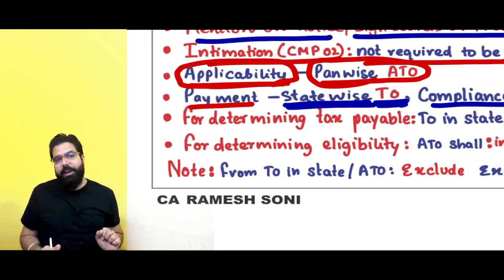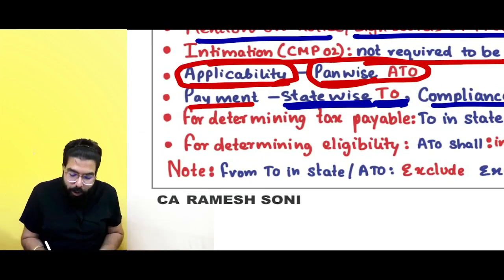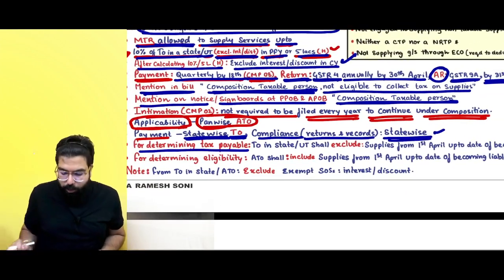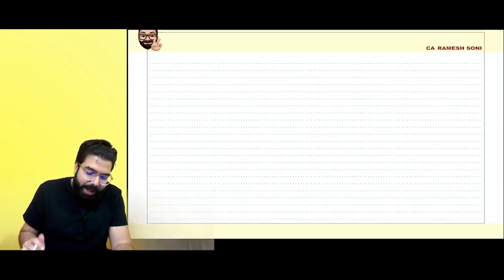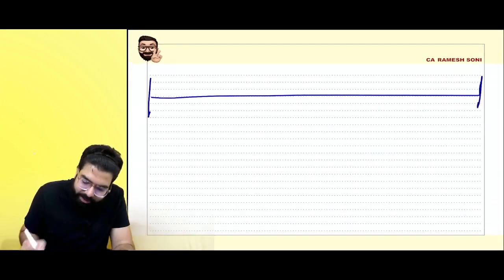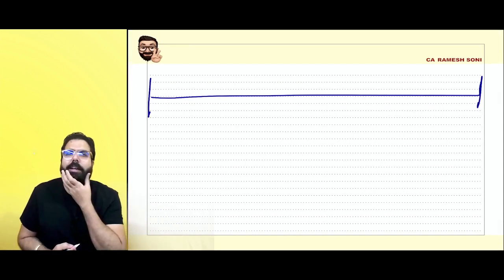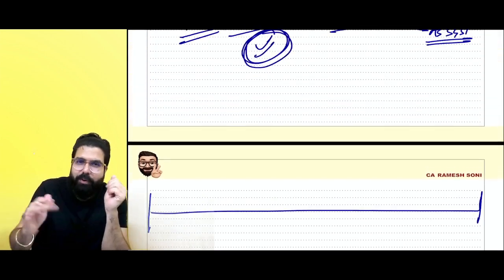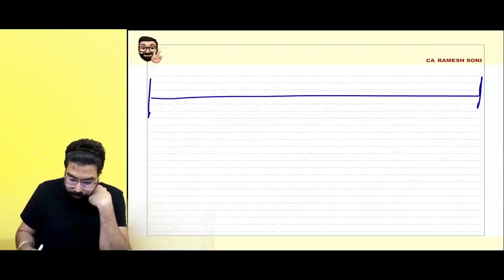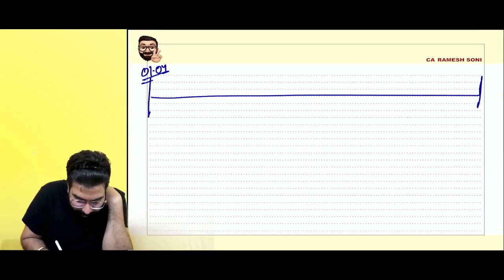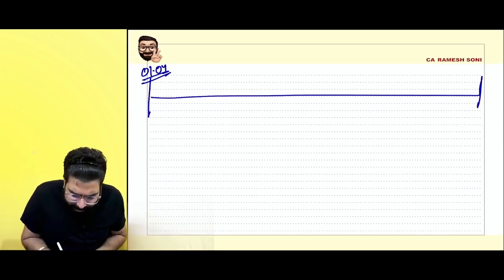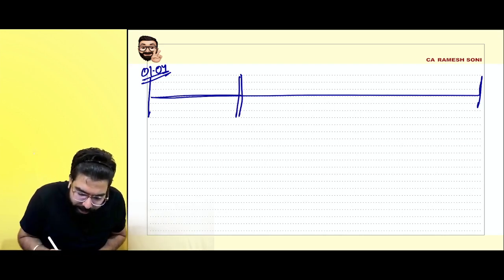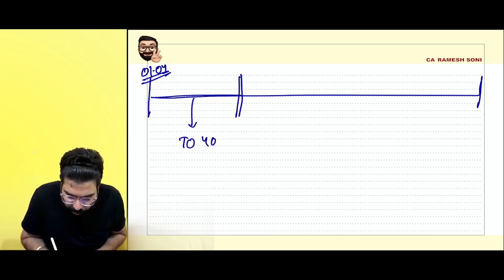Here one important point is there. Whenever you are determining how much tax is payable, what will be the turnover? Always remember one thing, everyone. Supposing I have just started a new registration and just started the business. Let me ask you for an example. This is my first year of business. I started from 1st of April as a manufacturer. Till here my turnover is 40 lakh rupees.